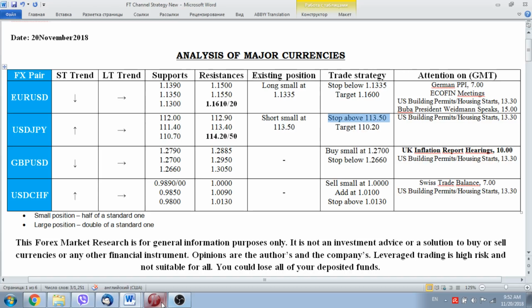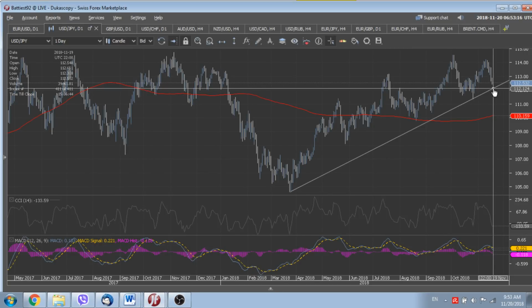Let's see the chart of the dollar yen. In the dollar yen we still target a possible correction, a possible test of the moving average 200 daily line that's located at 110.15. Of course, a break below the uptrend line of 2018 that's located at 112.10 could accelerate the downside pressure in the currency.